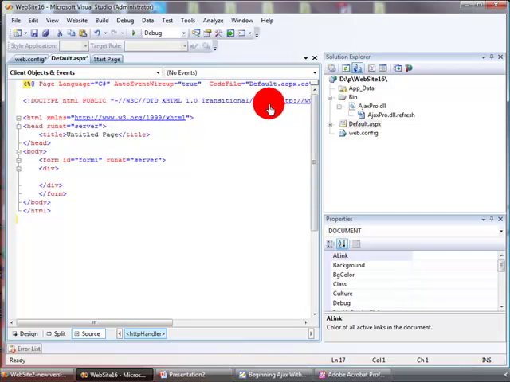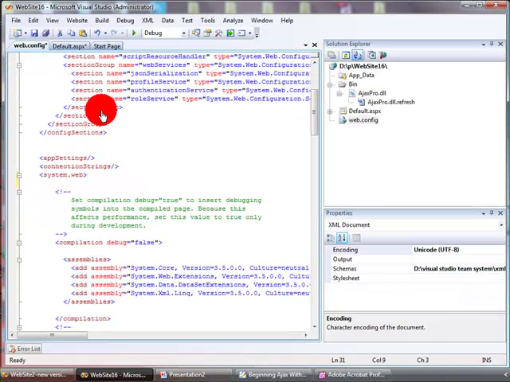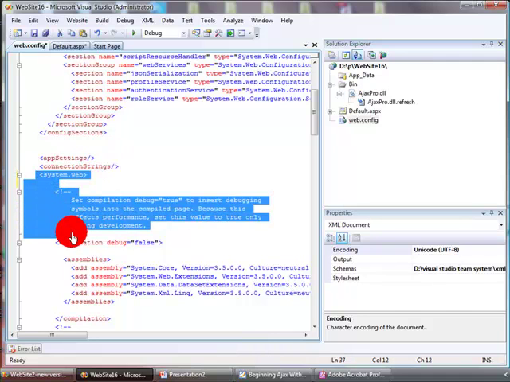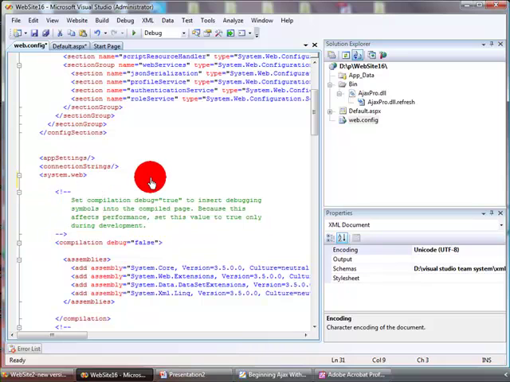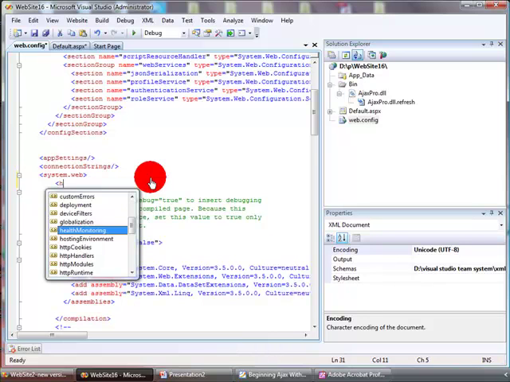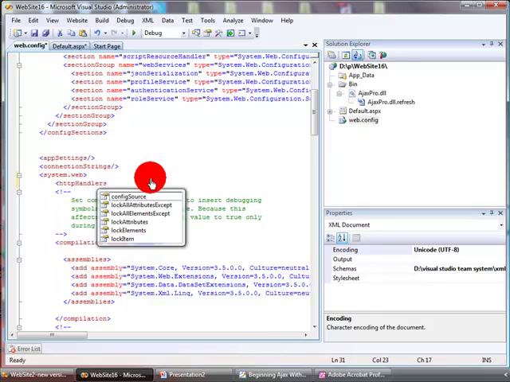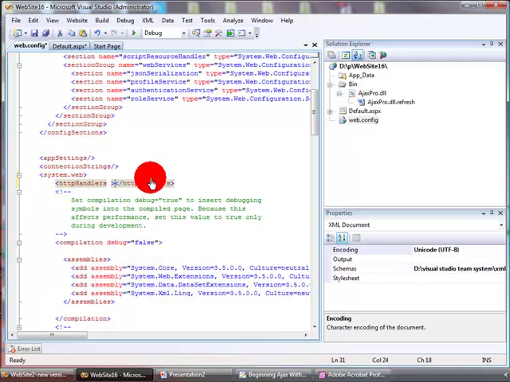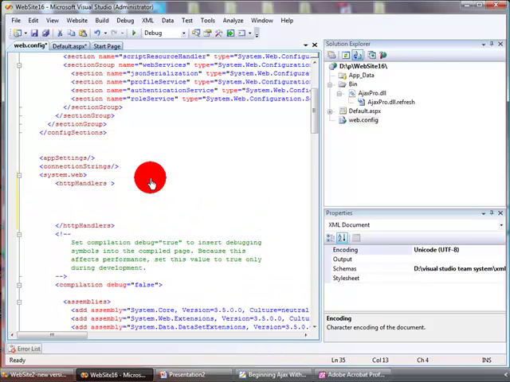From the default.aspx page in our website, go to the web config page and add this code to this place. First you open the HTTP handler and